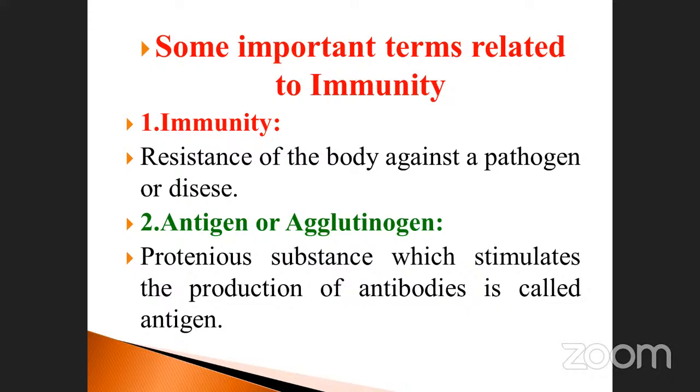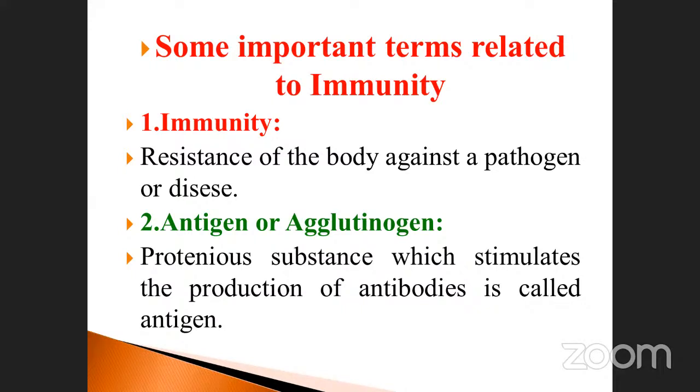Antigenic... opposite components. Okay, antigenic proteins. That is called as antibody, isn't it? So that is the thing. Antigen, or agglutinogens. So antigen is also otherwise called as agglutinogens. Note it down, this is very, very important. A proteinous substance which stimulates the production of antibodies is called as antigen, or agglutinogens. It is also one of the proteinous substances.